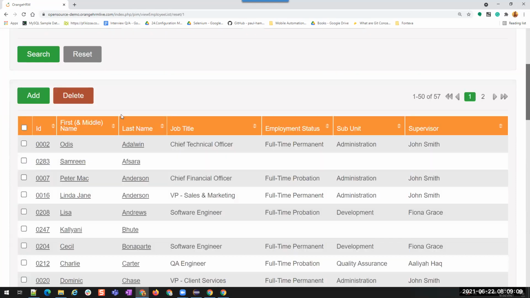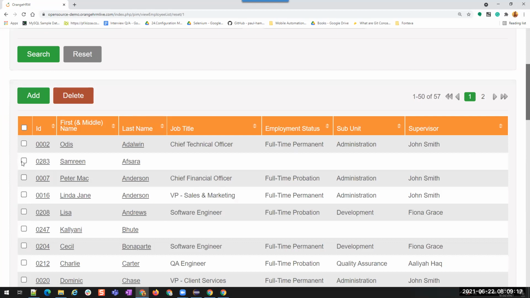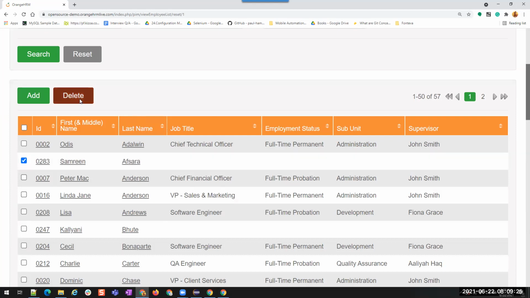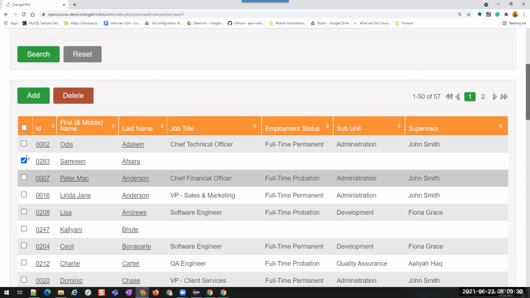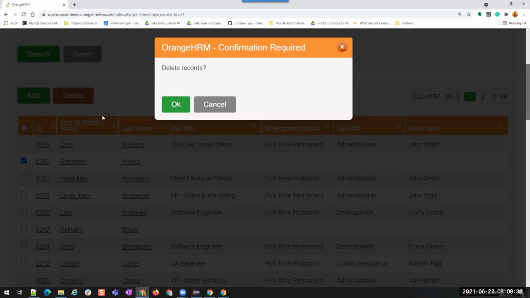Okay, so for example, let us take another thing. Here we have the list of users. Now, if I take this user, select it and delete it, once I click on delete, I have to wait until this is removed from this table. When I click on delete, it will not be deleted directly. I have to click again on this OK. Now, when I click on delete, it is opening very fast, but sometimes it might take some time, right? I have to wait until this OK button is displayed here.